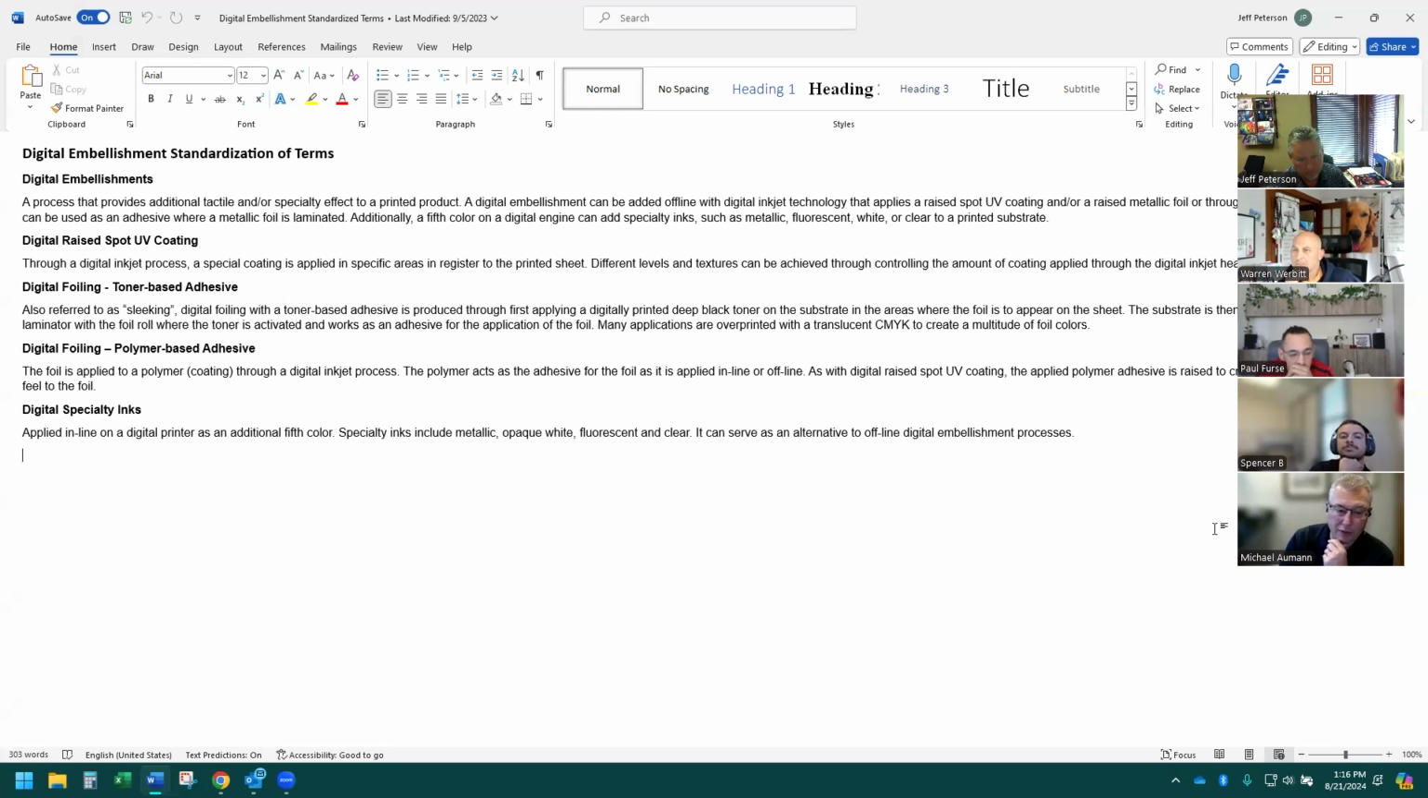Inkjet is the delivery, and toner is the consumable itself. True. Does that make sense, Jeff? It does. And I'm just wondering, as we're educating people that don't know a great deal about it,